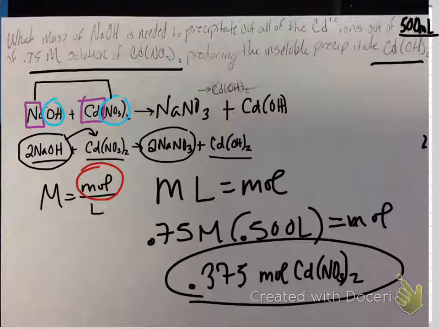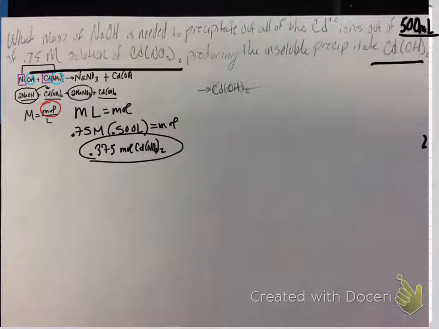Now what we really want to know is what mass of sodium hydroxide do we need? All we're saying is what mass of sodium hydroxide do we need to fully react that? This goes back to chapter 9, stoichiometry. This is just straight stoichiometry. So what we're really asking is what mass of sodium hydroxide do we need to fully react 0.375 moles of cadmium nitrate? Okay, that's not so hard, but it took us a little bit of our current knowledge to get to it. So we would set up a factor label,